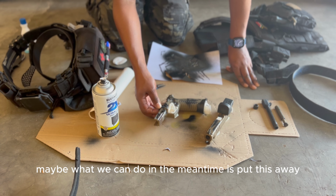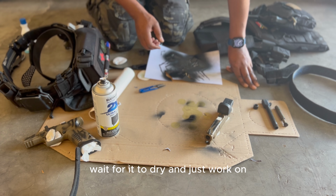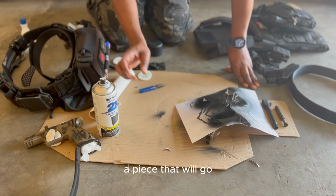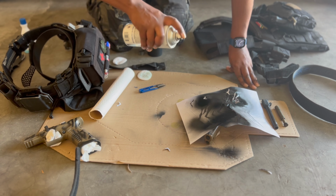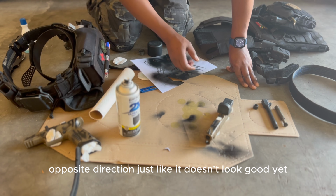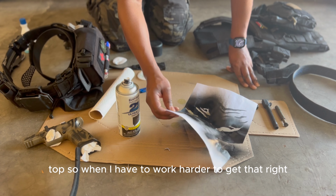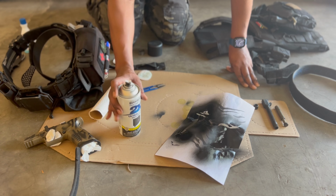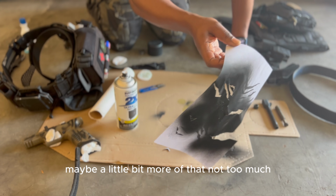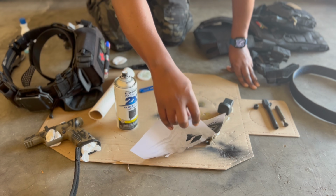Maybe what we can do in the meantime is put this away, wait for it to dry, and just work on a piece that will go opposite direction. It doesn't look good here at the top, so I'm gonna have to work harder to get that right. Maybe a little bit more of that, not too much. It's not looking good at all, so